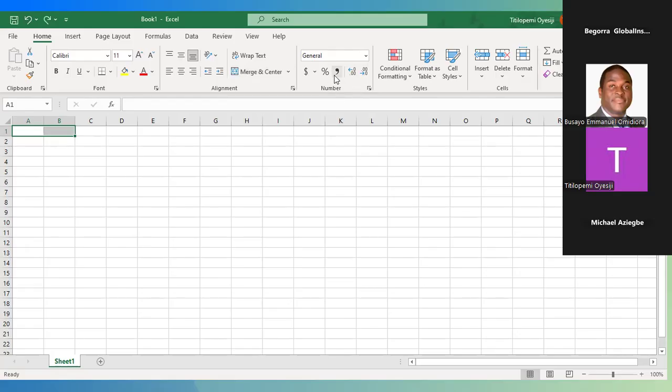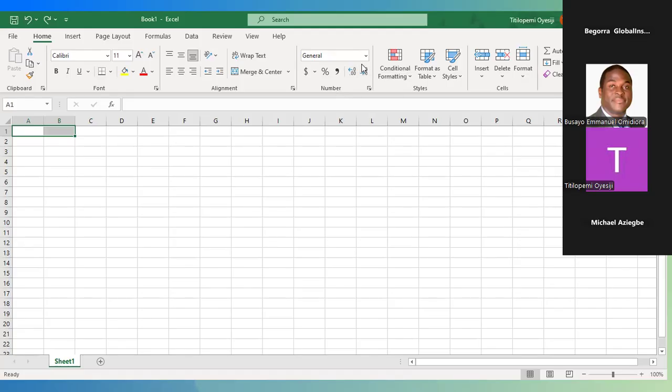And then we have our number. On that number, we have different options that we make use of. For instance, any data we are working on has a standard format. There is a standard format for date. There is a standard format for when you are working with currency. There is a standard format for percentages and all.